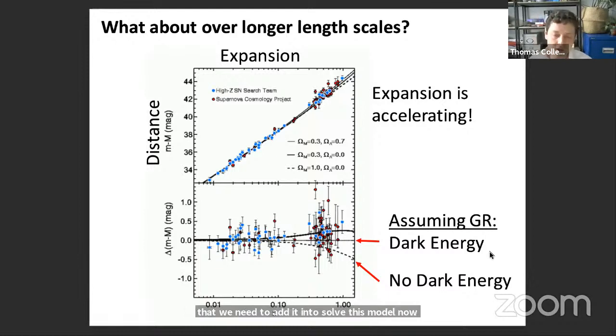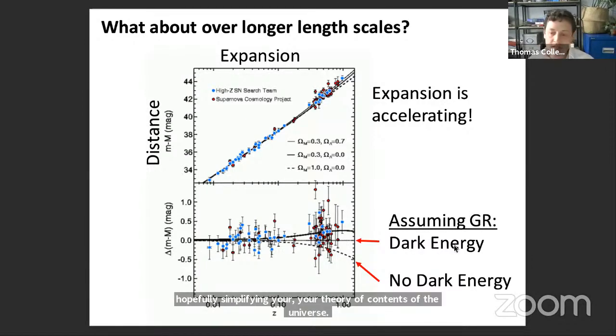Now, alternatively, you can introduce not deviations to the contents of the universe, not adding a dark energy fluid, but you can also have universes where the expansion naturally accelerates, where you throw away GR and instead introduce theories where the curvature of space-time is scale dependent. So these theories are interesting from an Occam's razor standpoint, in that whilst you are complicating your theory of gravity, you're hopefully simplifying your theory of the contents of the universe.